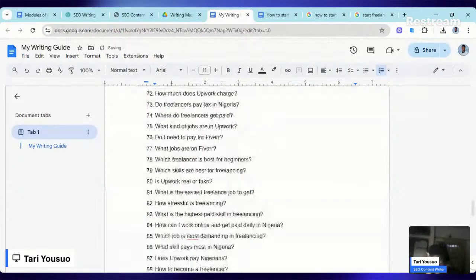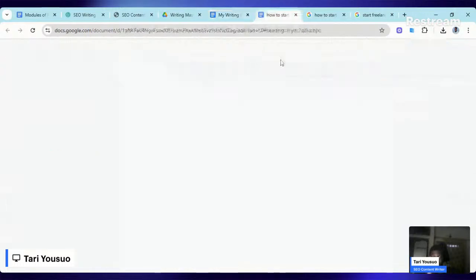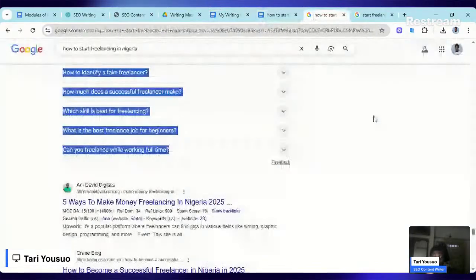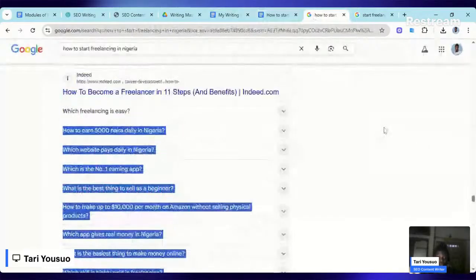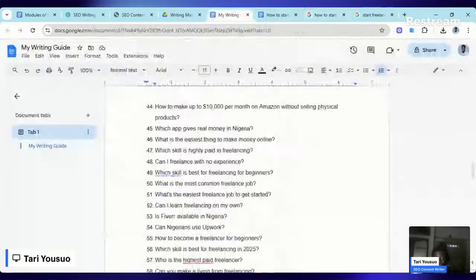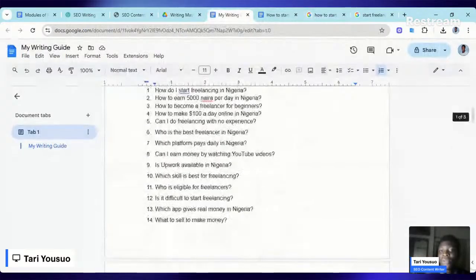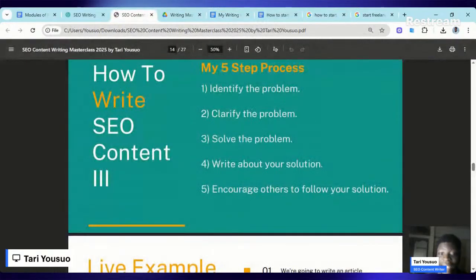100 questions already. But I saw something. I'm going to click on it to see what it brings up. But yeah, generally 100 is a good number to aim for. If you have 100 unique people also ask questions, that's your initial batch. It will help. Remember, we are at clarify the problem. So what exactly are we trying to solve here? It will help you clarify what you need to solve and then create an outline.